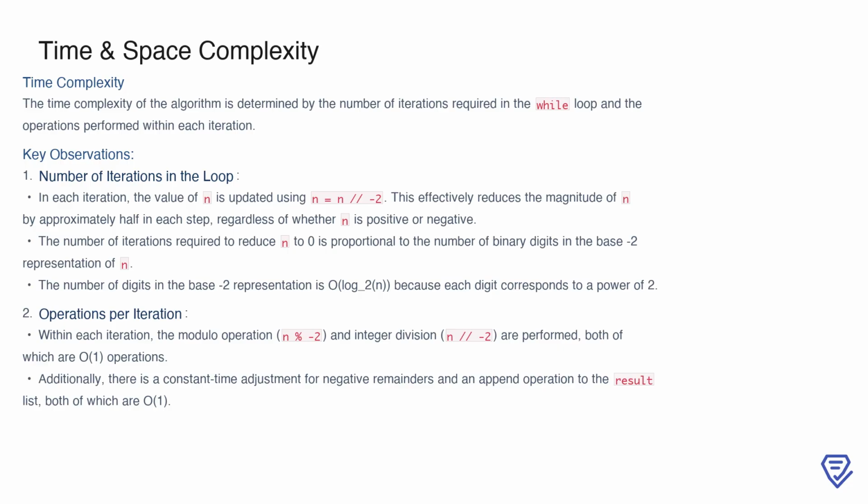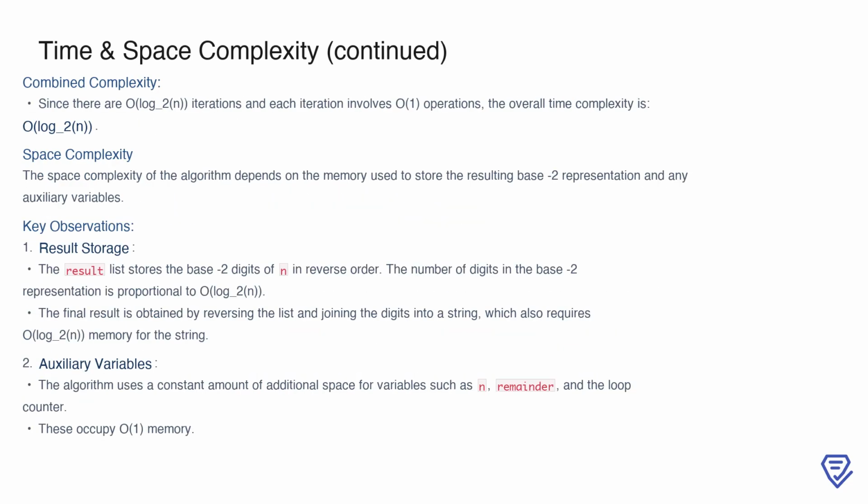is O(log_2 n). Within each iteration, the algorithm performs a fixed set of operations, a modulo operation, an integer division, and adjustments for negative remainders, all of which are O(1). Additionally, appending a digit to the result list is also an O(1) operation. Therefore, the time complexity per iteration is constant, and the overall time complexity is determined by the O(log_2 n) iterations multiplied by these O(1) operations. Combining these observations, the total time complexity of the algorithm is O(log_2 n), as the logarithmic number of iterations